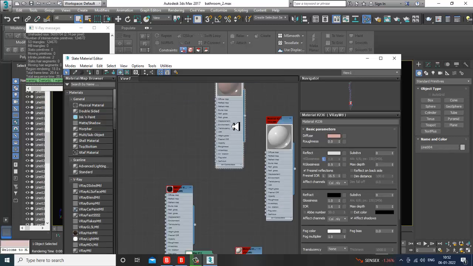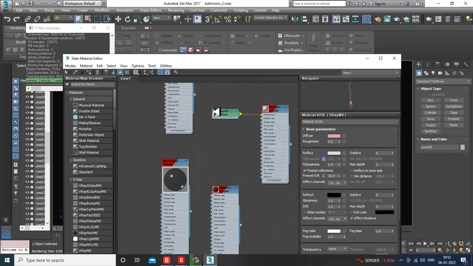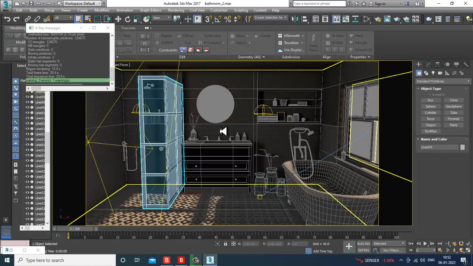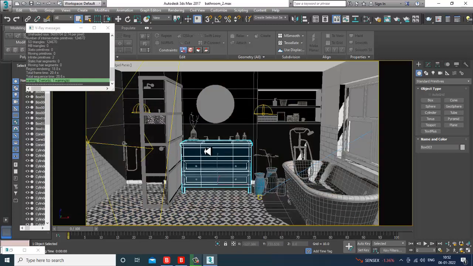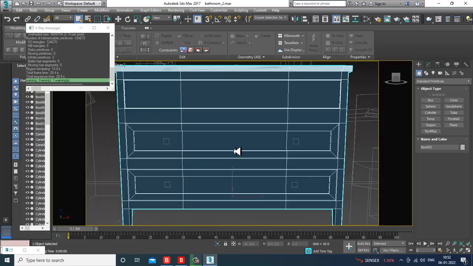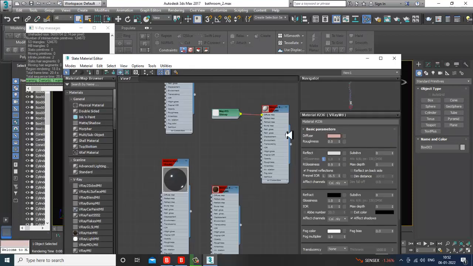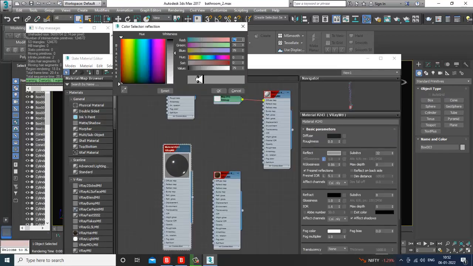You should always rename the materials. That would be easy for you. Alright. So I'll just go over here. I'll select this. I press Ctrl L. If you want to switch off the lights, you can press Ctrl L. I'll just go into this, go into the material, and if you want you can increase its reflectivity a bit.